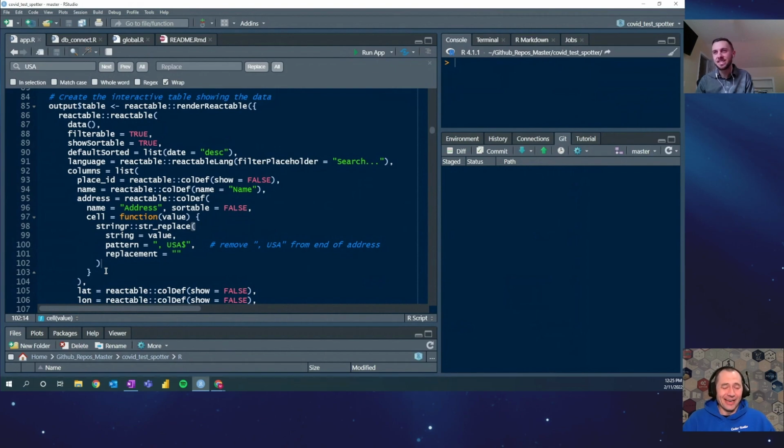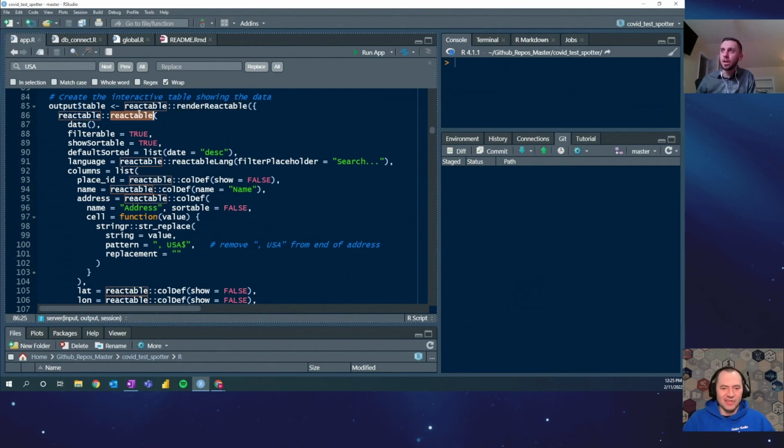It took some getting used to, but it saves me from accidentally pushing the dev version to prod, which could cause a lot of trouble in certain cases. Yes, very much, we think so. So I handled the removal of that USA at the end of those addresses right in the